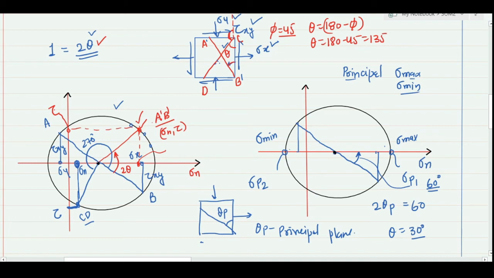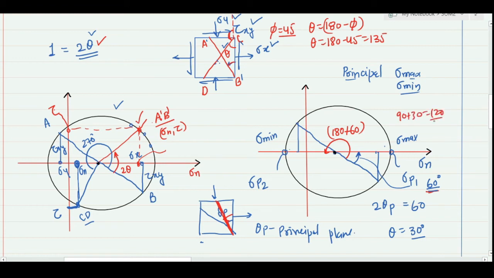So the first principal plane, which corresponds to the maximum value, is at 30 degree in my actual system. So I can represent this principal plane by taking a 30 degree counterclockwise rotation, and I will find that this is my first principal plane. Similarly, if I measure the minimum plane, this would be 180 plus this angle. As I have considered this is 60, the position of the second principal plane will be 180 plus 60, but that is 2 theta. So actually my angle will be 90 plus 30, or 120.